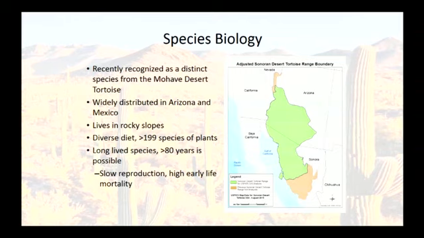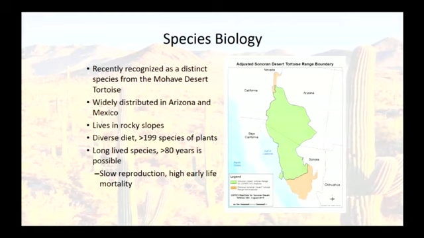As soon as it was recognized as an independent species, the service got a petition to list the Sonoran desert tortoise. That was not all that surprising, that it was a different species, because it has some different ecological characteristics than the Mojave tortoise. The Mojave tortoises live in the valley bottoms. They get run over by cars a lot. They interfere with cattle. A lot of people don't like them because they dig holes and then the cows break their legs. And so they're living on the valley floors. They're eating plants on those valley floors and living in and amongst people a lot more than the Sonoran tortoise,